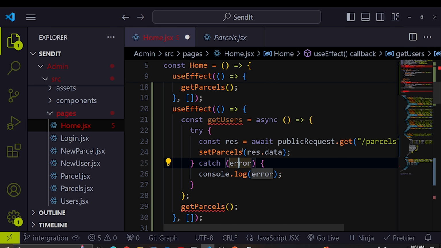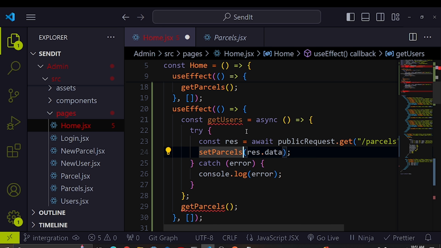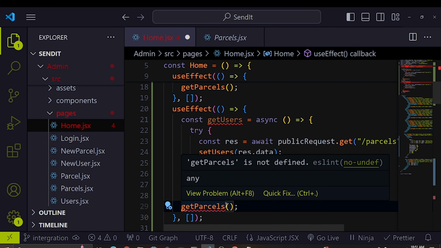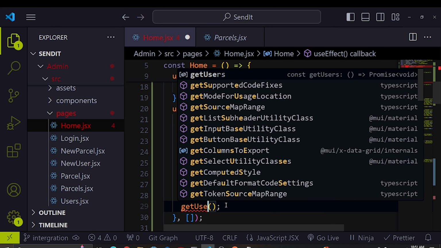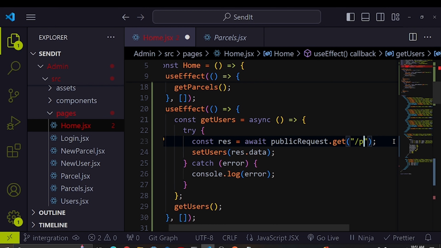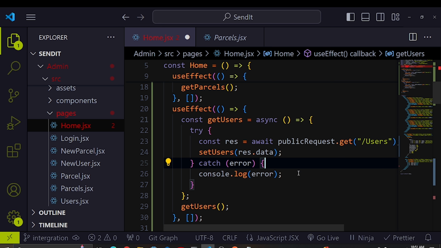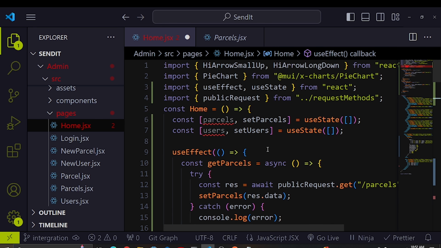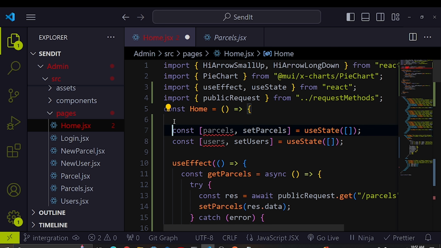Here getUsers will also be setUsers. Also here it will be getUsers. So this one will be just fine. Then we are going to access all users, so users like that. I think now this one will be okay. And then if I come up here and see where we are having the error,